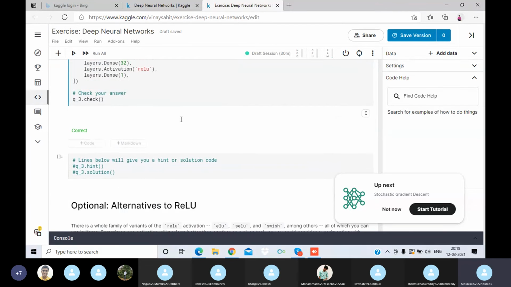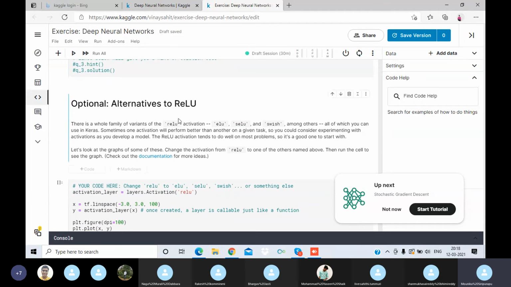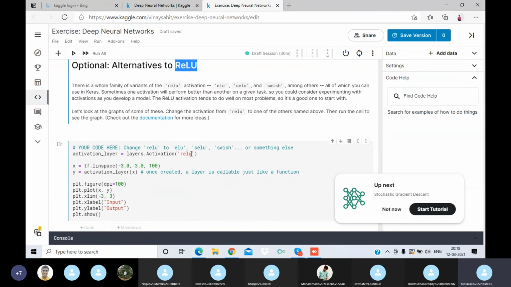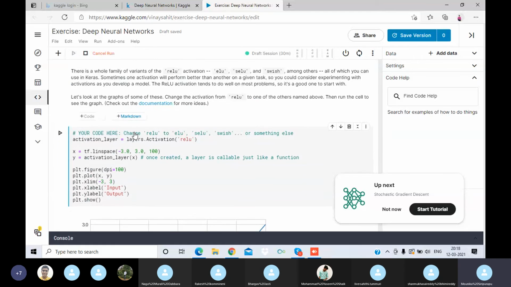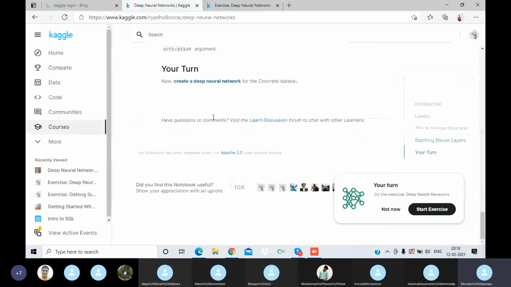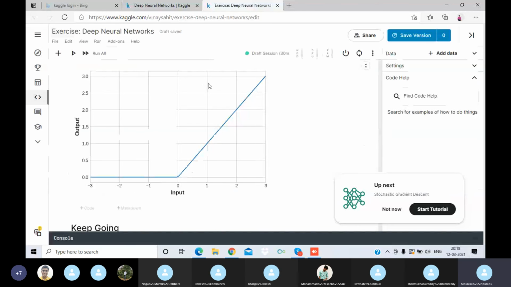Rewriting the activation layer is completed, and next these are the optional ones which we can use instead of the ReLU activation function. So we can change this. If we execute this code with this activation function, we'll be getting the graph we learned in the previous model, that is the negative graph, and it will be going to 0.